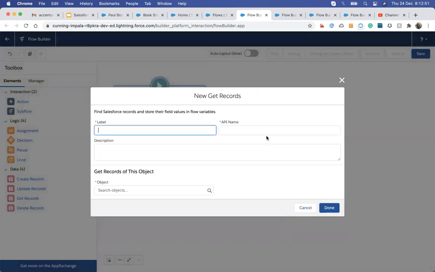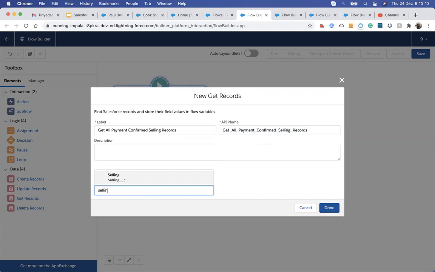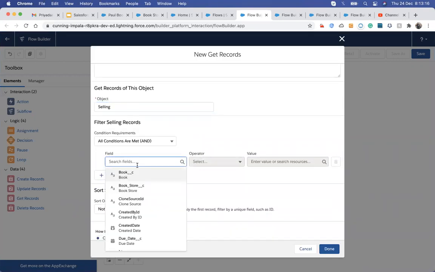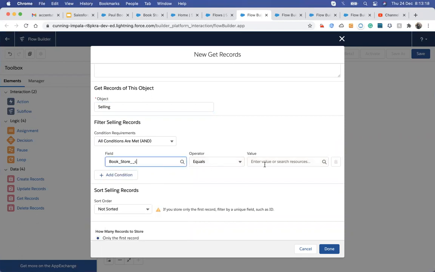Now my next task is to get all the payment confirmed selling records. So get, and it's capturing on the basis of bookstore ID.